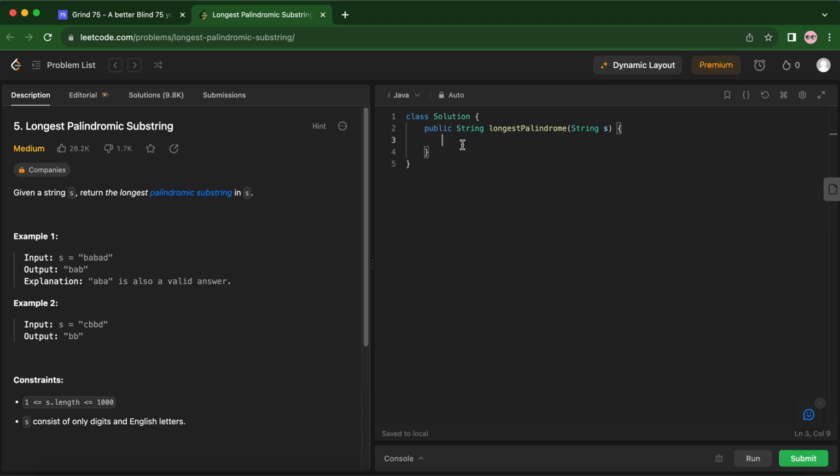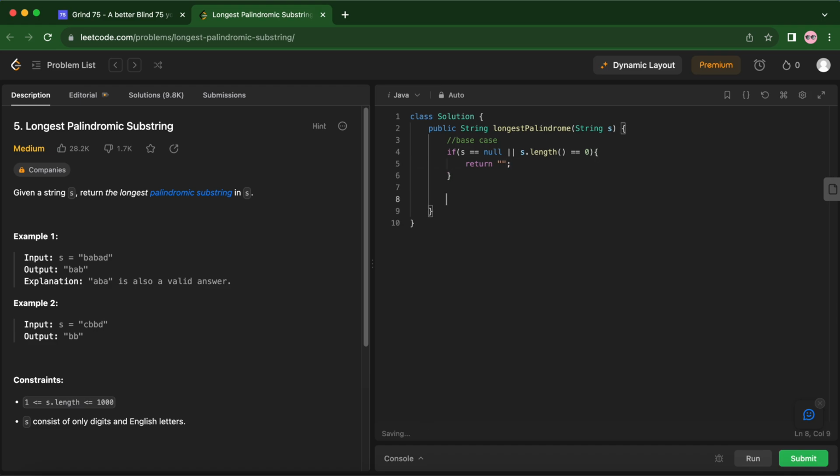With this, it's actually a very simple approach. It's just not very intuitive. But once you go through this, you'll understand it much better. Let's start. So first we'll have our base case. We can say base case if S is equal to null, right? Or S dot length is equal to 0. In this case, return blank, because we don't have to return the length of the string,